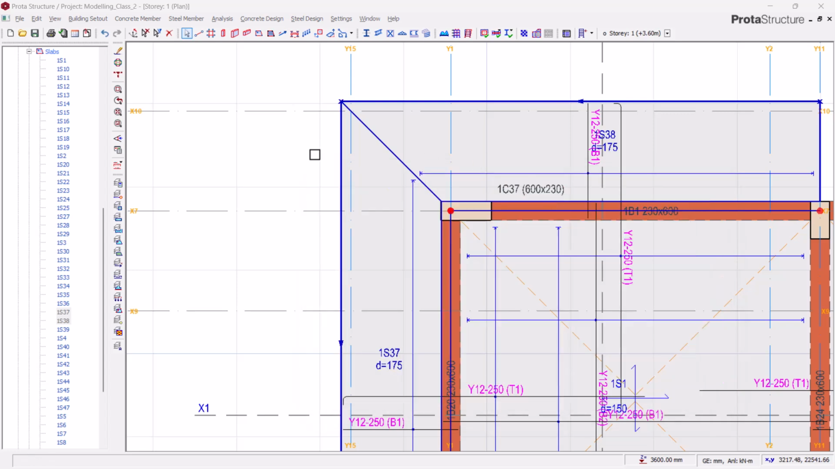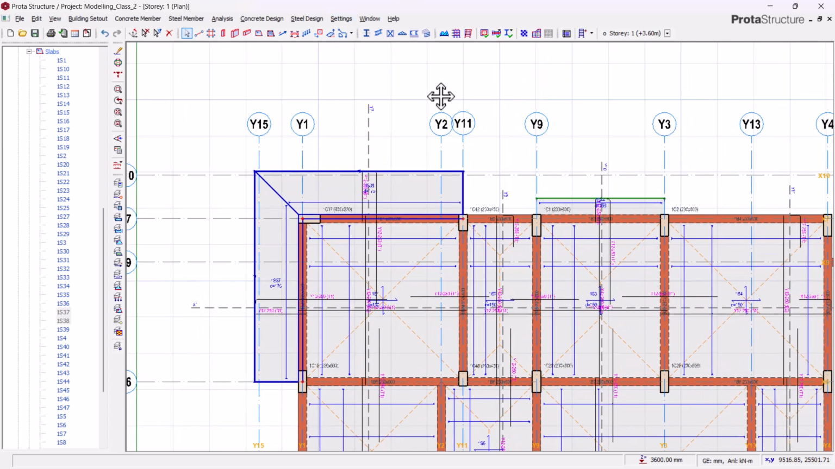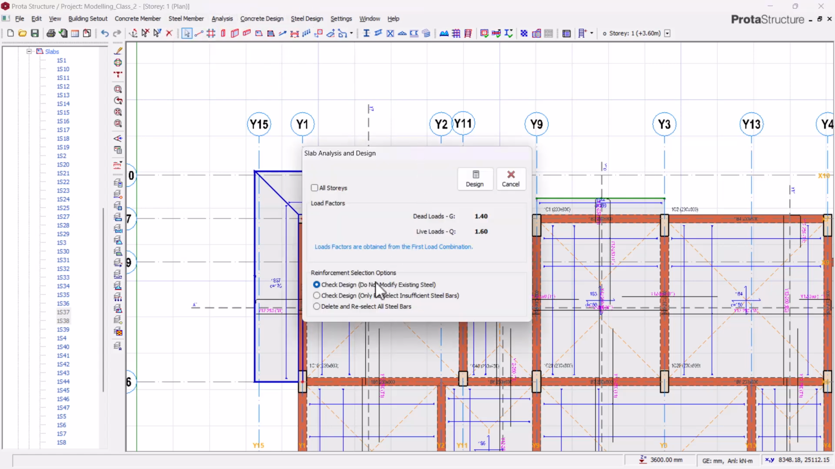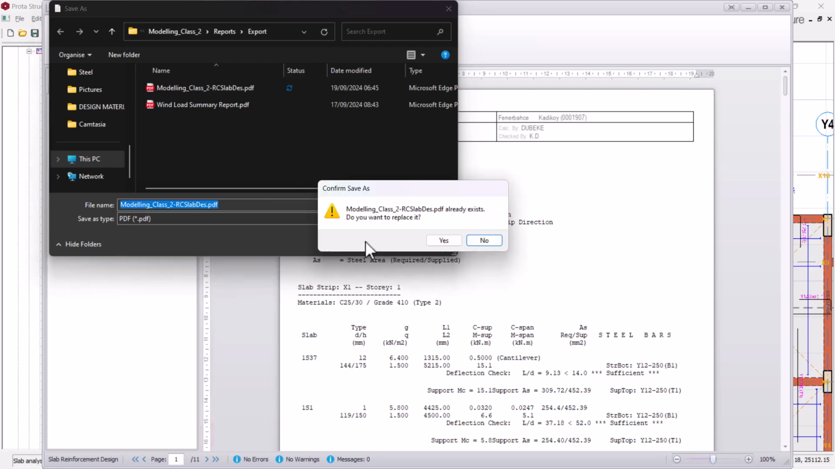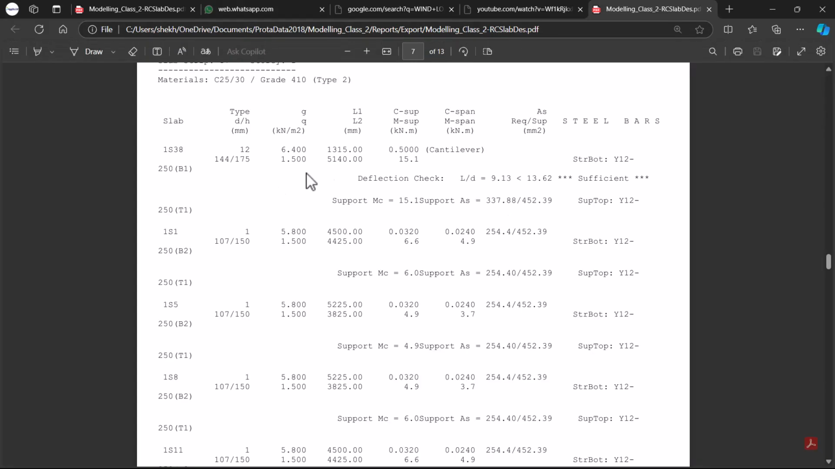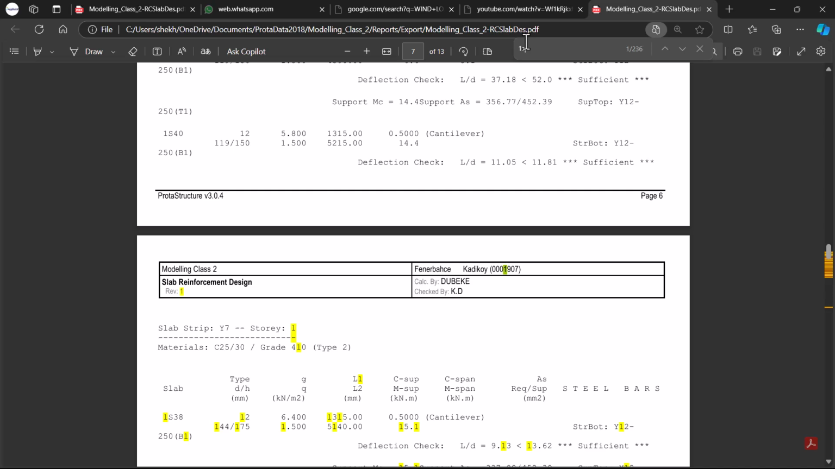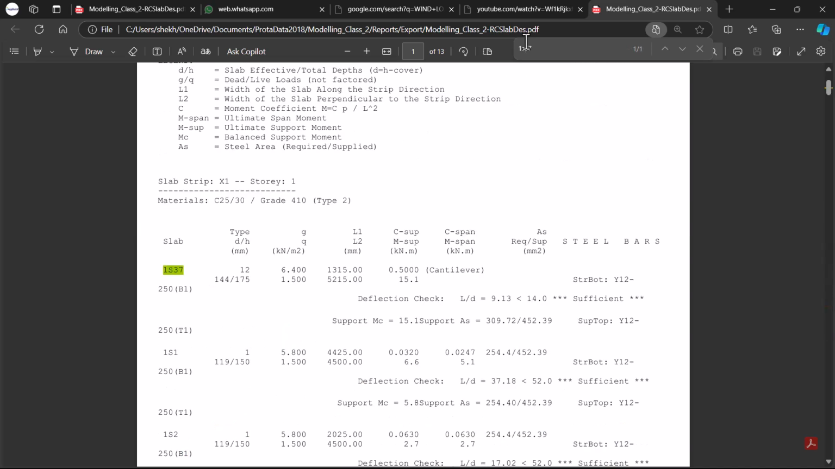We'll close this and come back to concrete design, slab analysis and design, and we'll design for this story all over. So we'll view this in PDF. Yes, let's replace this. Then let's search for that very slab, which was 1S37, right? So you can see 1S37,